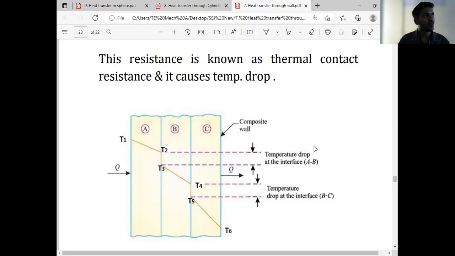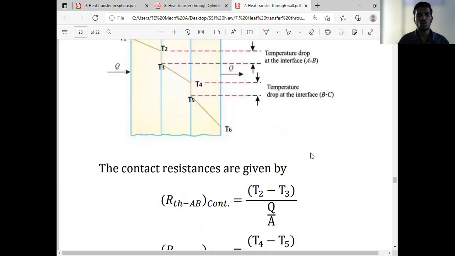Okay, so all of you got this point, thermal contact resistance. Temperature drop will take place, and due to that, resistance will be added. So how to calculate that thermal contact resistance? The diagram is over, so write down that equation. The contact resistances are given by